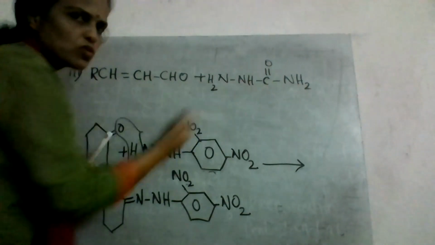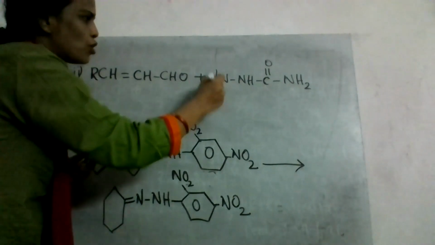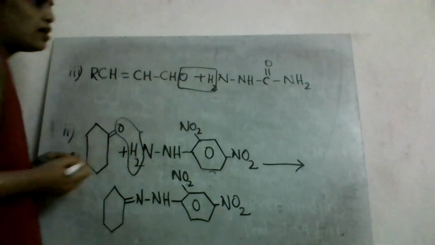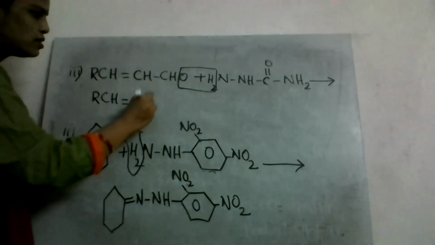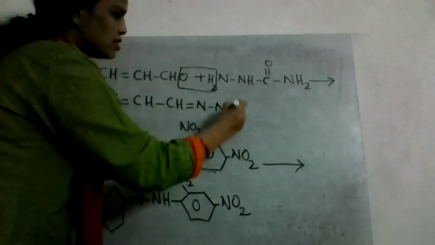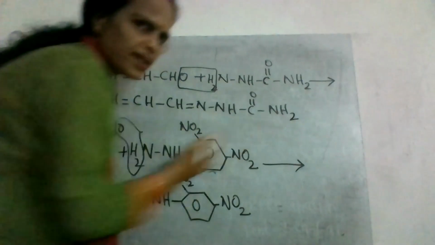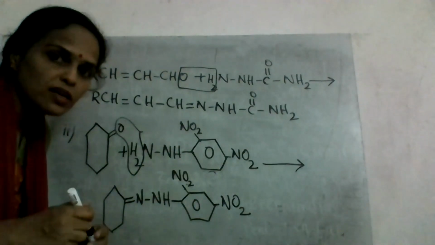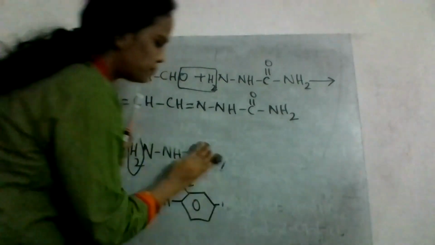The NH2 group that is far away from the carbonyl group, you can remove a water molecule from that. And the product that is formed is RCH double bond CH, single bond CH, double bond N, NH, C double bond O, NH2. That is, semicarbazide results in giving you the semicarbazone product. And the fourth reaction is